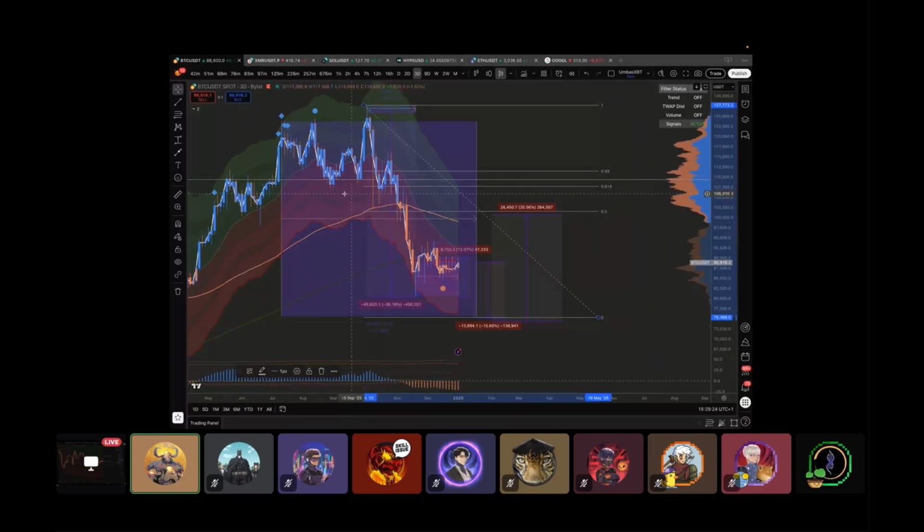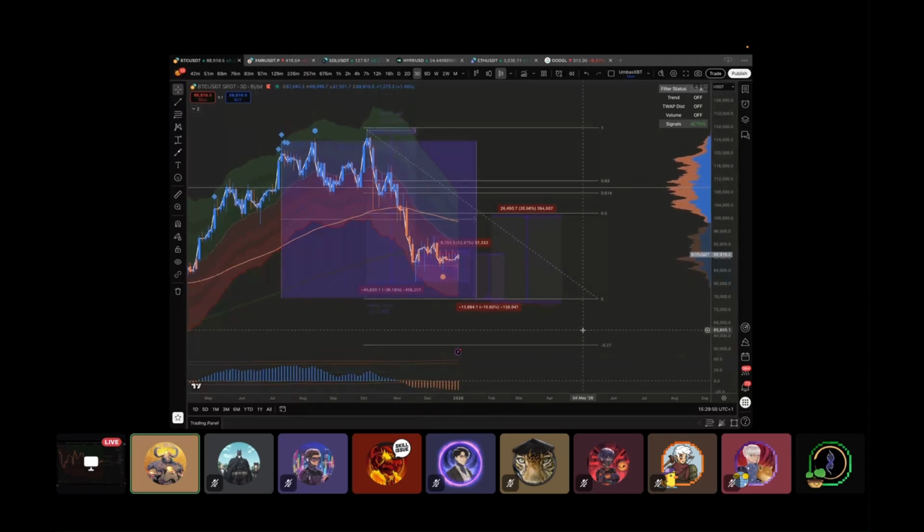The point of control of the last year of trading, together with the bottom, with the absolute cycle top, with here. This aligns with the golden pocket, with the EMA 200, with all those levels. So it's quite likely, in my opinion, that somewhere here between 80 and 70K, we will see a significant 30-40% rally before we maybe decide to print a macro bottom way lower before new all-time highs.